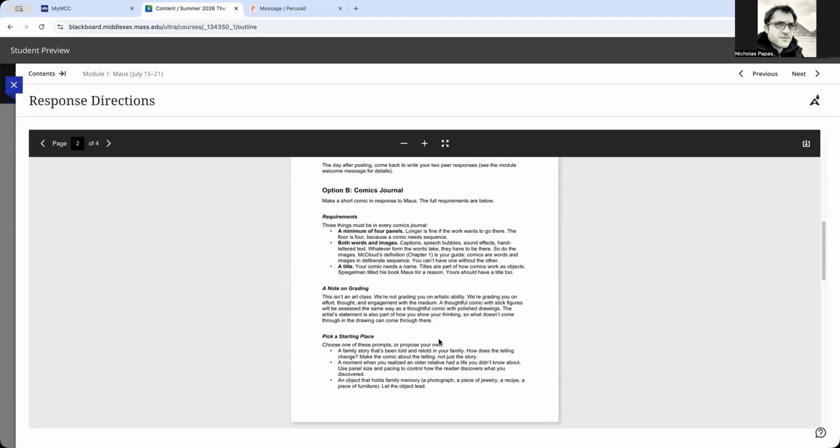What seems to be drawing you in that direction? Having said that, and this is an important point, you'll do 4 responses across this summer. By the end, you'll need to have 2 of each. To clarify even further, we have 4 graphic novels that we're reading. You will have 4 of these responses. By the end, 2 of those responses will be the more analytical one, and then 2 will be the more creative one. So if you, for instance, choose option B for Mouse,